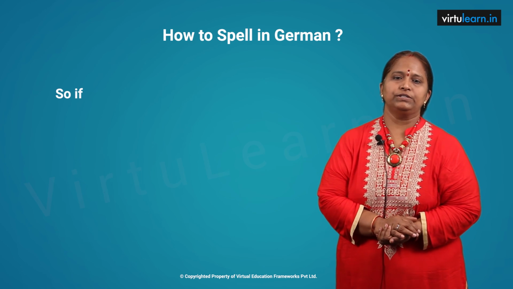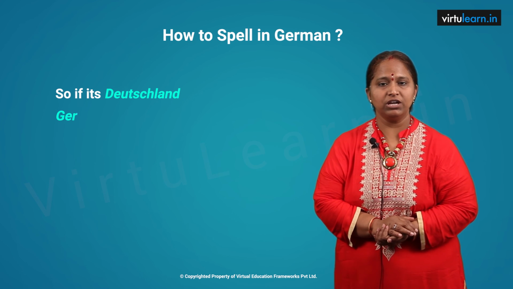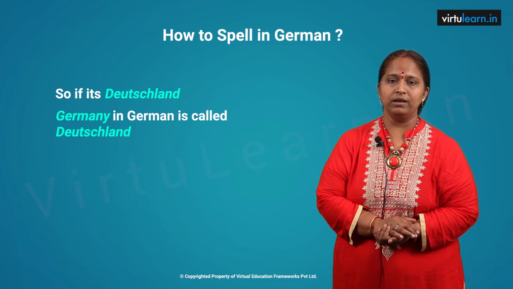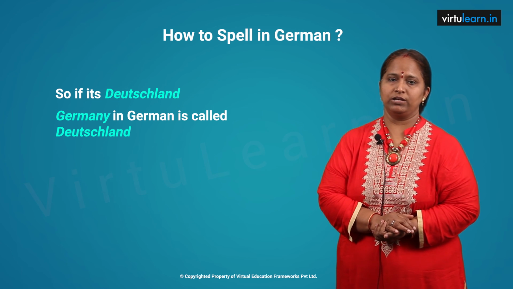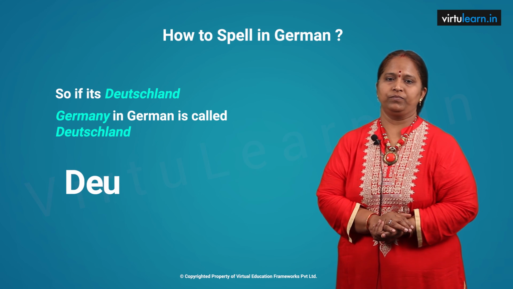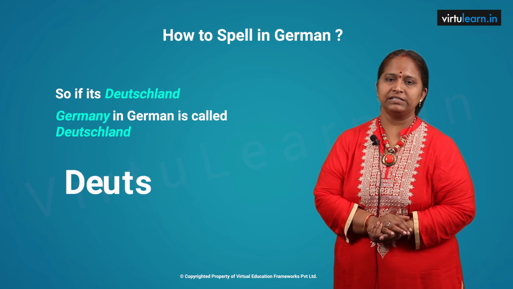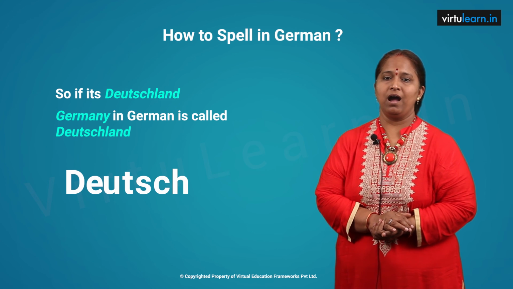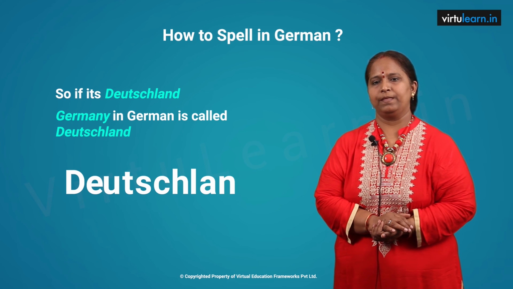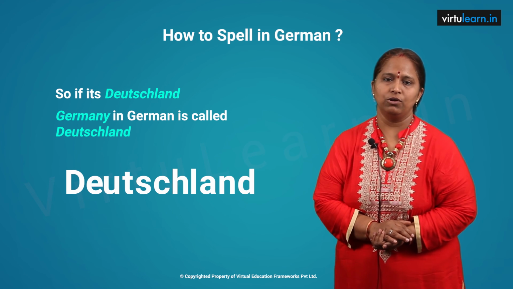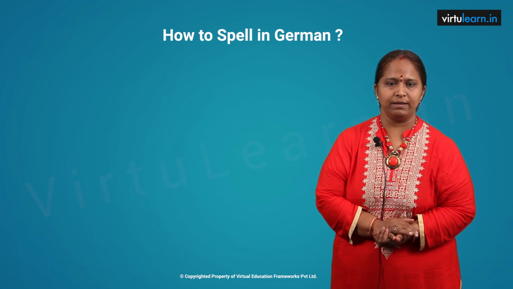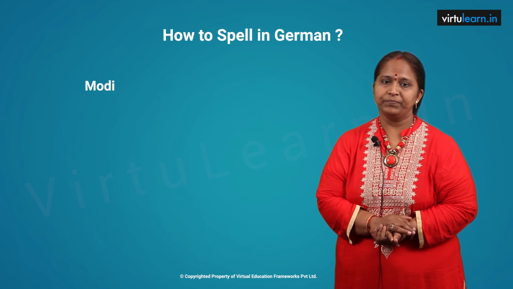Good. So, Germany in German is called as Deutschland. How does one spell the word Deutschland? D E U T S C H L A N D. So that becomes Deutschland. Now you give a try of the following names: Modi,